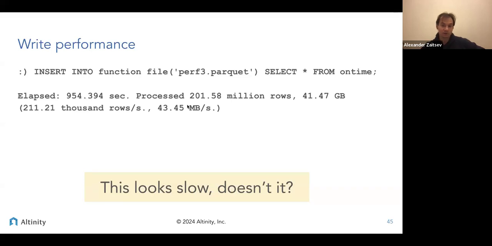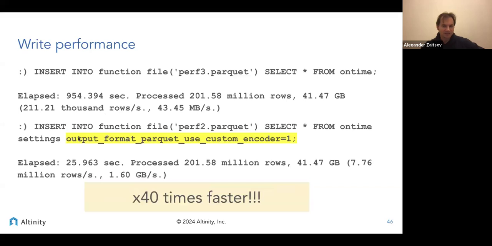This is very slow for ClickHouse. You can see the performance is 200,000 rows per second. What is this about? This is something very, very slow. Can it be done faster? Apparently, it can. There is a special setting, output format Parquet use custom encoder, that does totally the same job,